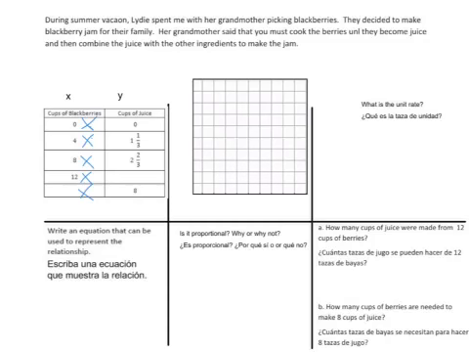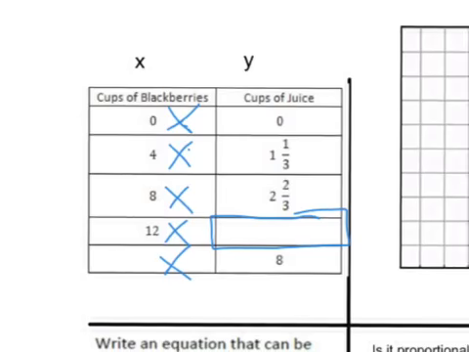So that we can figure out what goes in this box. So let's zoom in on this here. So let's see. 4 times some number would give us 1 1/3. Now, that doesn't seem like such an easy task, so what I'm going to do is I'm going to use